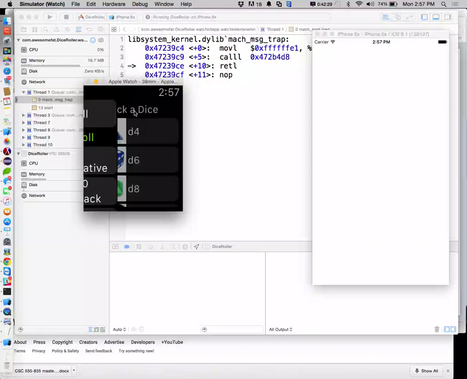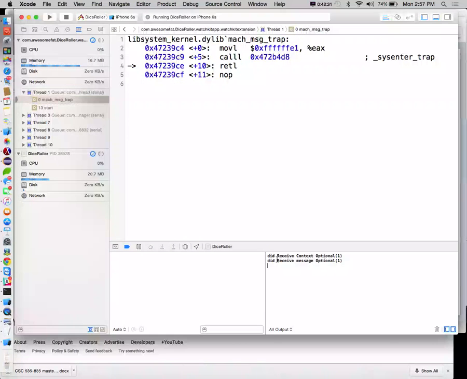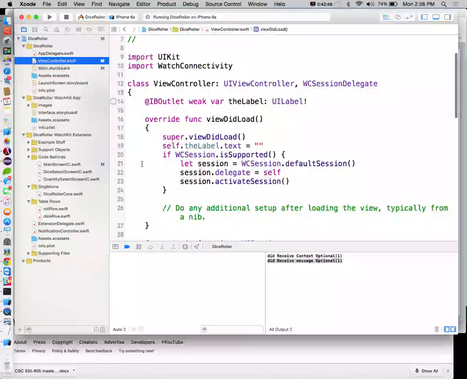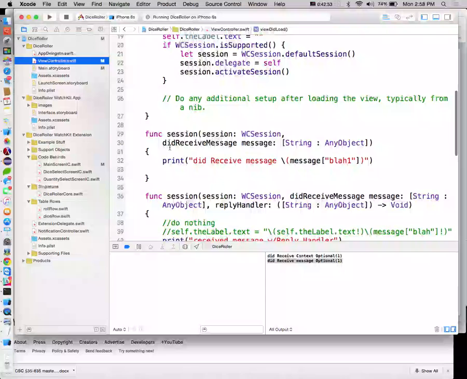All right, so we do that. Did receive. Oh, I had commented out the context, so that's why it looks like that. So this was expected. Yep, did receive message. So with it being nil, it called this guy. So now, last test for this version of it is this. Then on the phone,